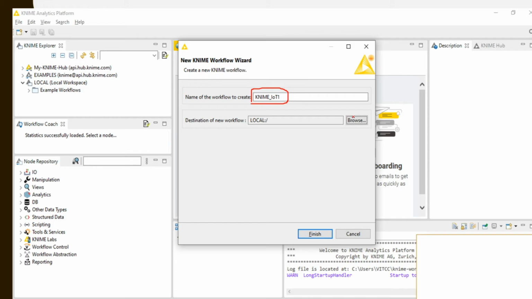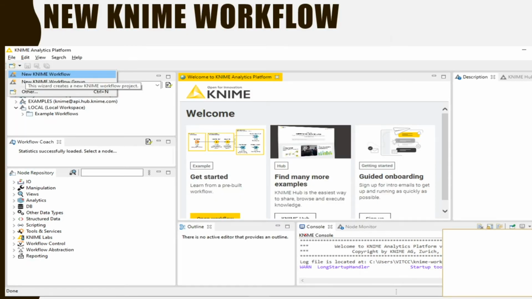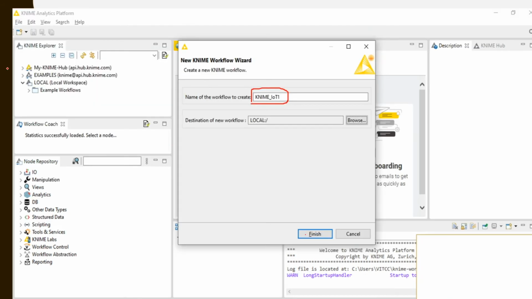If you want to specify your own location, you can specify it using browse and then just click finish. So I'll just repeat. On the left hand side you have a screen-like panel with a drop down menu. You just click this, you will get an option like new KNIME workflow. You just click this, then the workflow wizard will be opened. You just give your workflow name, and then you just click finish.